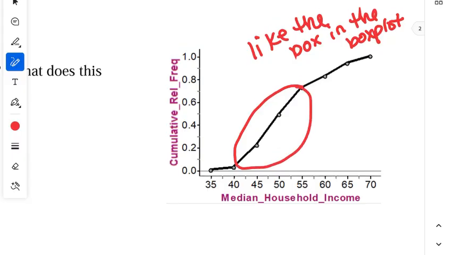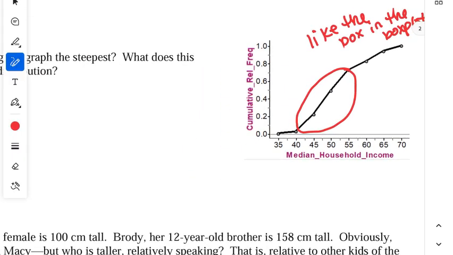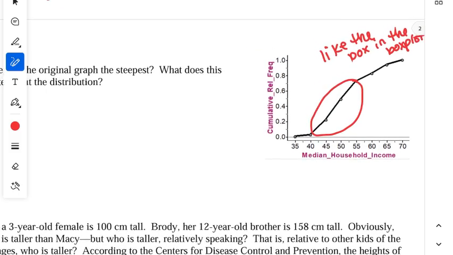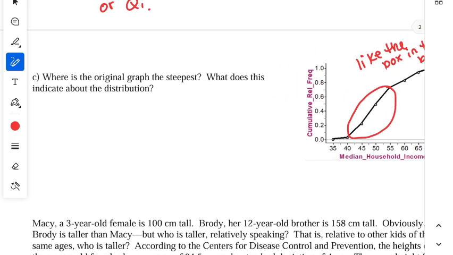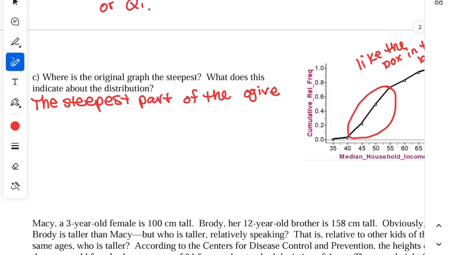I wonder if I should go ahead and include this. I think I should, because this is also steep. So let's go ahead and include all of that. This is very similar. So the steepest part of the ogive